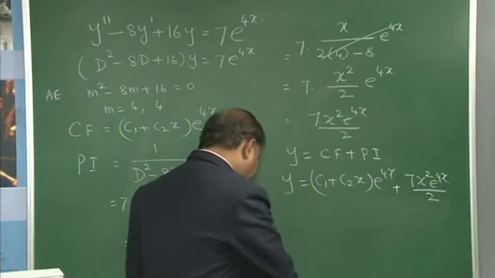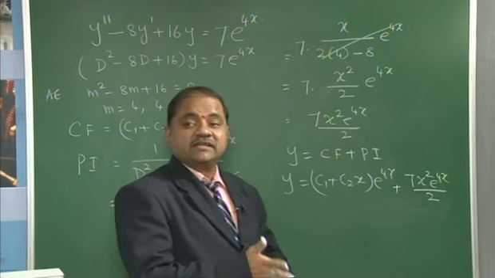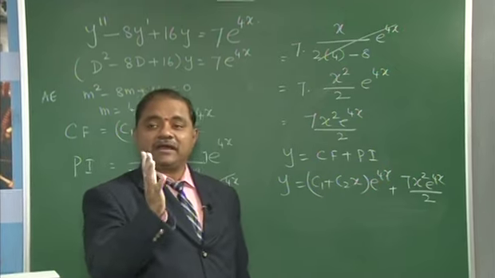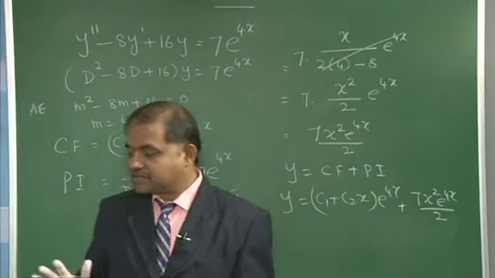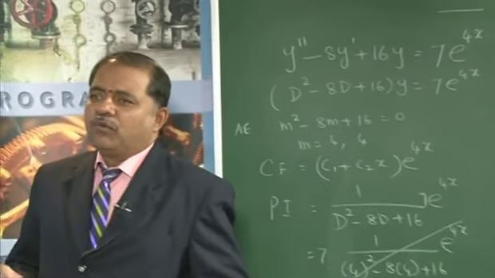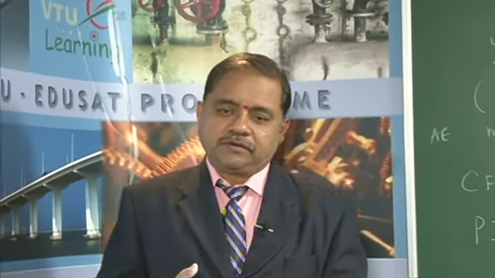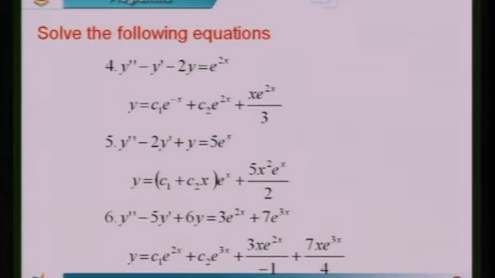So if the denominator is becoming 0, the procedure is to multiply by x in the numerator and differentiate the denominator with respect to D. That is the idea we should use. Whatever the number of times it becomes 0, that many times you keep on multiplying by x and keep on differentiating the denominator. You can see here we have done the fourth question, x e power x by 3. Fifth we have done, sixth we have done. If you have not done the fourth, you can do it.